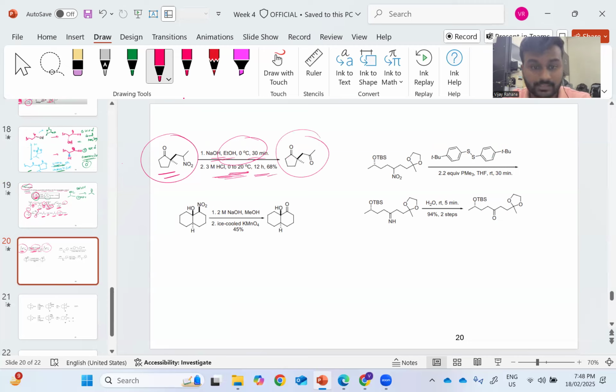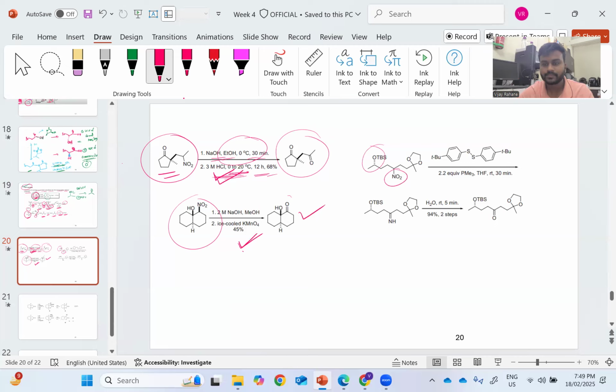Here is another example, where nitro converts into keto. Here the reaction condition is slightly different. Not necessarily do you need to use H2SO4, you can use HCl also. Further, ice cold KMnO4 also does the same job. And this is a similar kind of Nef reaction. It's not exactly the Nef reaction, but it's similar. Further, you can see here we have the nitro and also a TBS protecting group. So in that case,